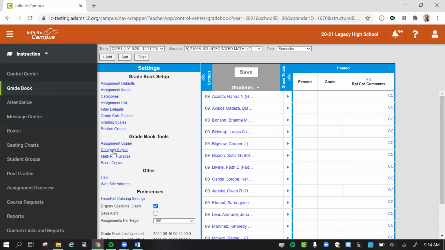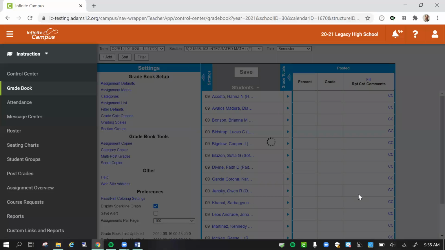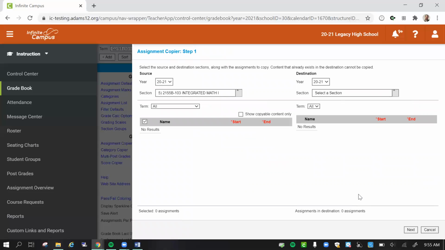So now I want to get into my assignment copier. I know that they're basically the same assignments from last year. They're going to be basically the same due dates, all of those kinds of things. I don't think it's going to happen this year because we're in a different learning environment, but we're going to say I'm going to get those from the source, which was last year's